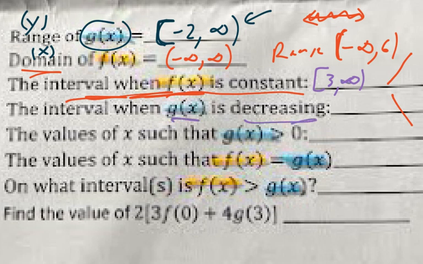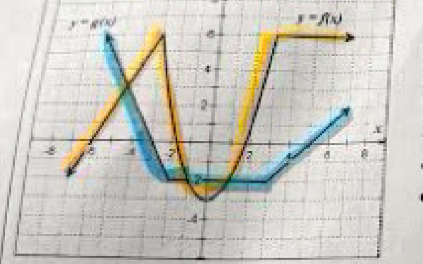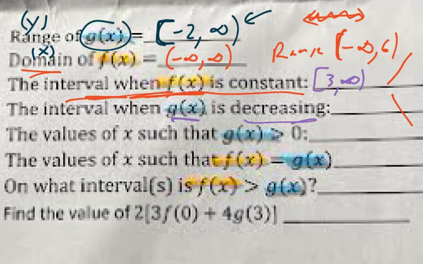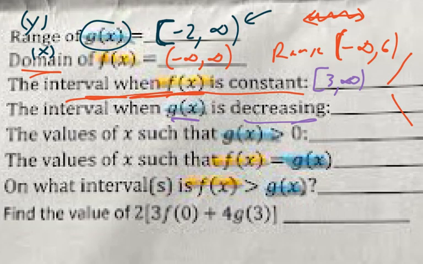Where is g of x decreasing? Decreasing means it's going down. So let's clean this up here. Now let's, starting over here, we want g of x, which is blue. The blue one. Where is it decreasing? So it's going down at this point right here up to, what is that, -2 for x? Notice it's going up to infinity, but from left to right it's going down. So we would say from -infinity up to -2,